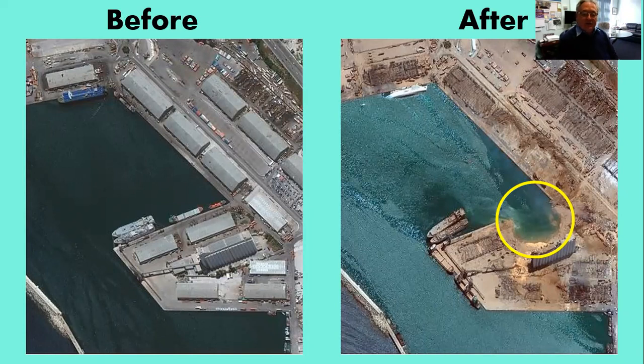And if you look a little closer, right in the bottom of the yellow circle, if you look at the silos, approximately half of them are completely gone. The roof is gone. The connecting structure is gone. And as a result, the storage capacity and what was being stored resulted in a total loss. And we'll talk a little bit about that further.